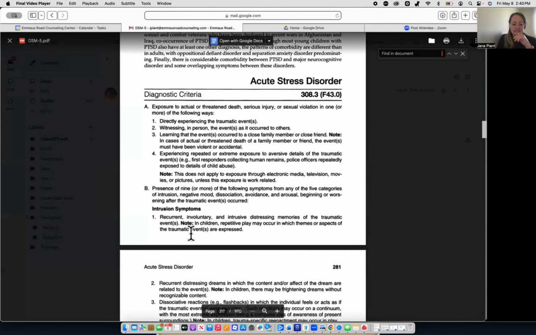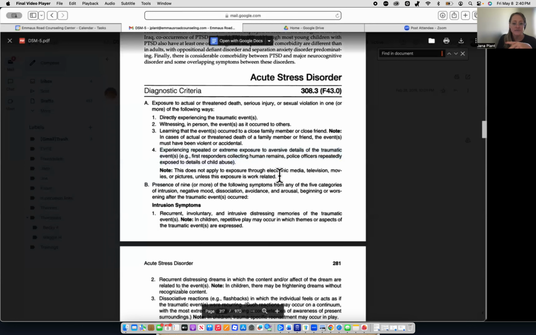So let's go ahead and read some of the diagnostic criteria. A, exposure to actual or threatened death, serious injury, or sexual violation. So here we see this is similar to PTSD. Directly experiencing the traumatic event, witnessing in person the event as it occurs to others, learning that the event occurred to a close family member, and experiencing repeated or extreme exposure to adverse details of the traumatic event. So this also applies to first responders, therapists that work with trauma, police officers directly exposed to